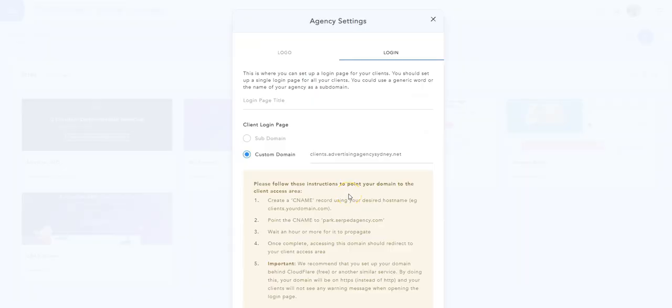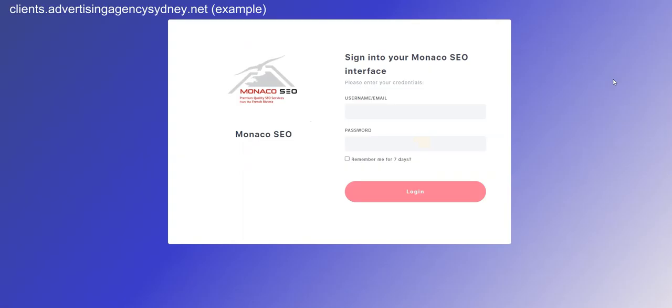Go back to the agency settings and make sure the custom domain entered here matches the CNAME record entered in your domain registrar. If you later decide to change the CNAME record in your domain registrar, which is fine, don't forget to update the custom domain in agency settings here. If everything is fine, click on Save. That's it. This custom domain is now the URL to log into the client dashboard. You may share it with your clients along with their login credentials.